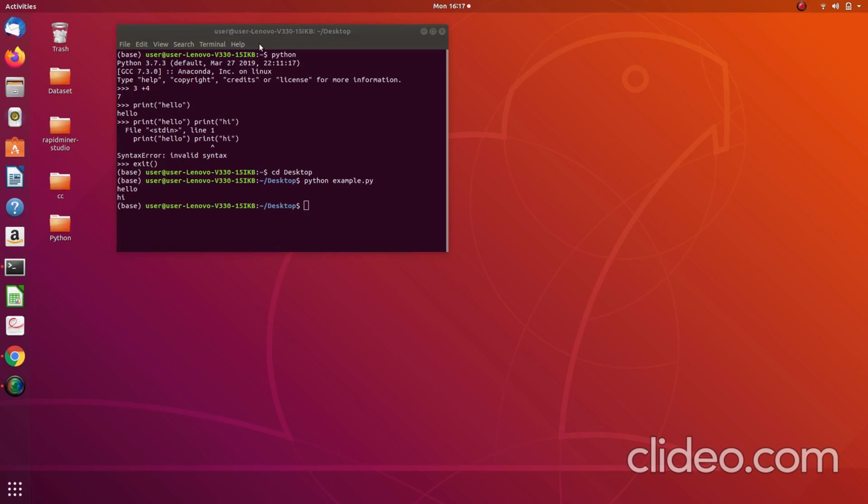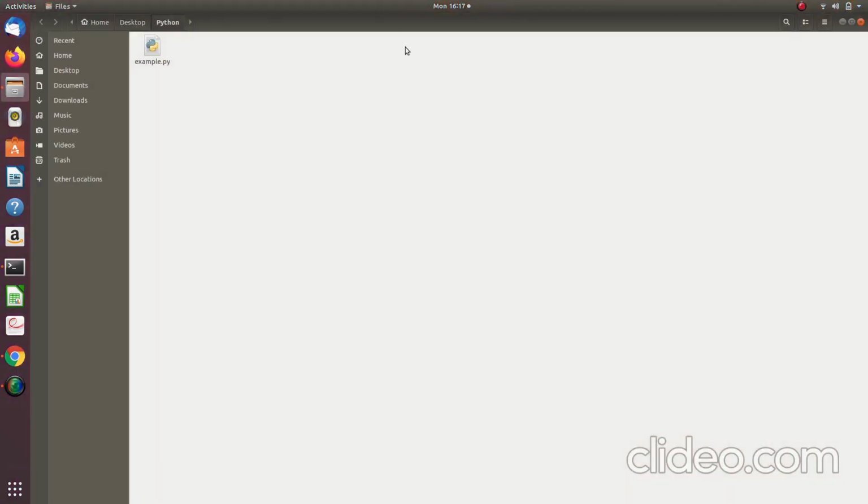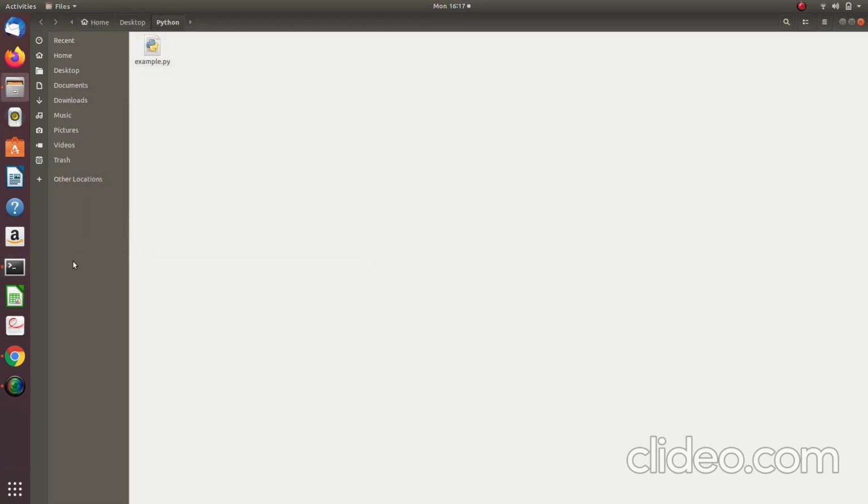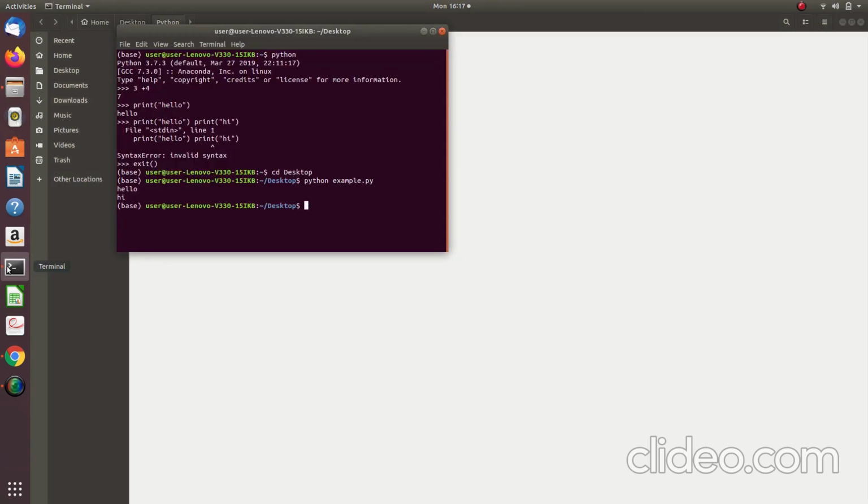When we use the terminal method to run the Python code, the path setting is really important. Consider the program is in this folder, the Python folder. We have to set the path here. We can open the terminal like this, and automatically the path is set as desktop Python. Or if you want, you can manually set it: Python is available here, so cd space Python.